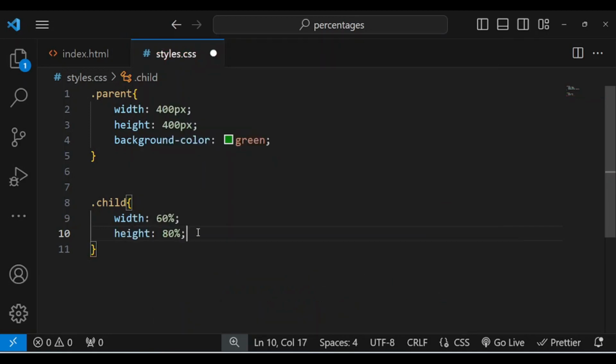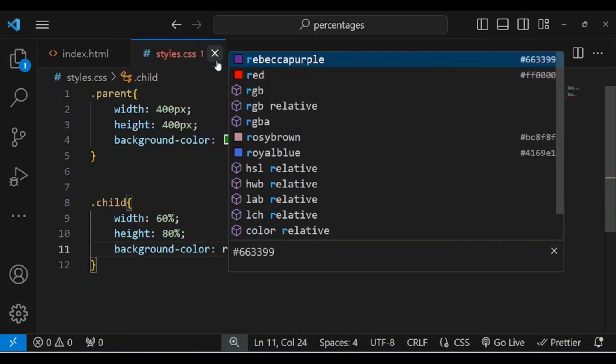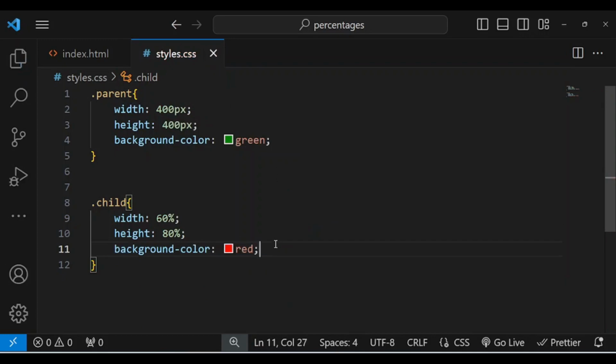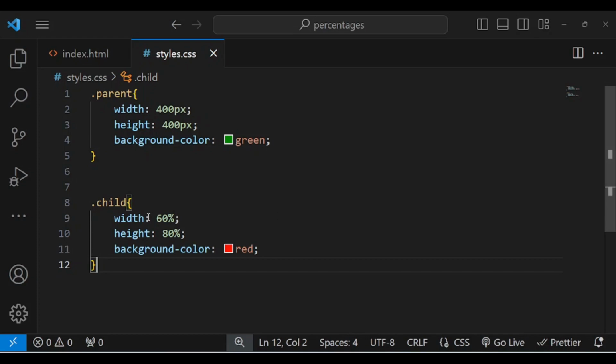So let's check it out now, and let me give it a background color. So we are going to be having a different background color on top of the green, and this background color will be red. So you check out what's happening inside the browser. So we are giving it a width of 60%, remember. So that means 60% of 400 pixels, and now 80% of 400 pixels height. So let's check out what will happen. I save and go and refresh my browser. So you can see now it covers like 60% of the width of the parent container of it, and it covers 80% of the parent container height. So that's the reason. Before you start measuring in percentage, you definitely want to know if the parent container of that element has a measurement before it will work, or else